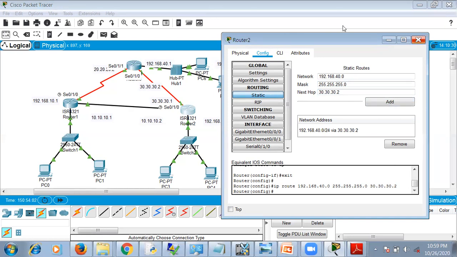Just for example purpose, I'm just setting for the third LAN. If you want to connect to all the other routes, then you have to add this LAN address also, and this LAN address you have to add as 10.1. For now, I'm just connecting one hop address to make sure PC0 can send the message to PC6.